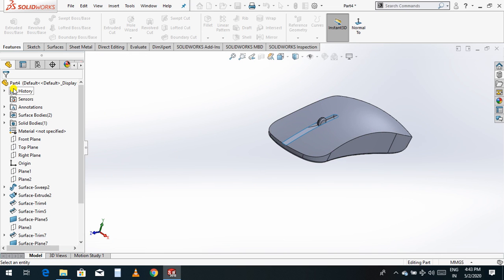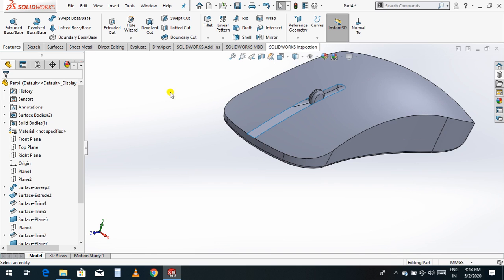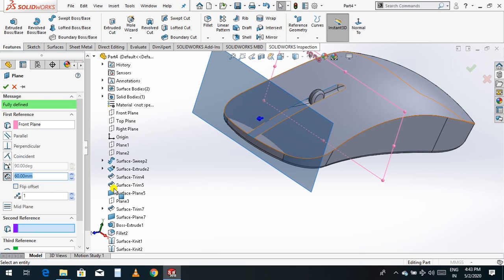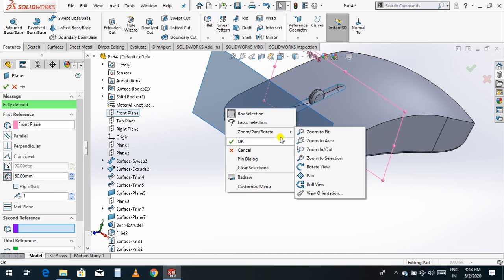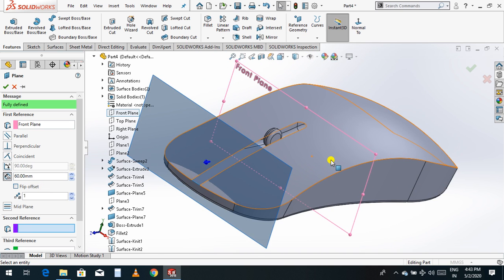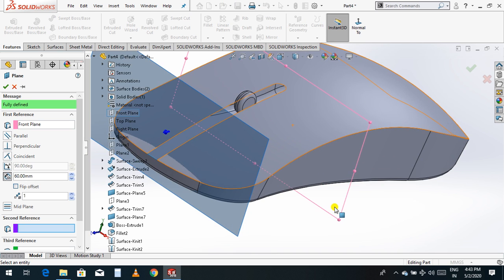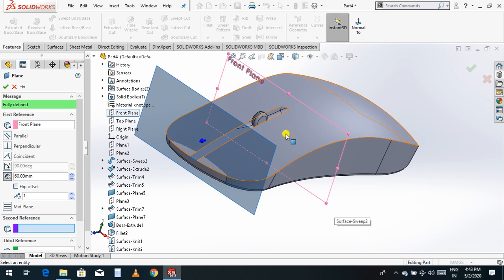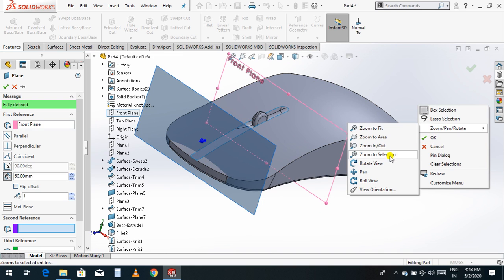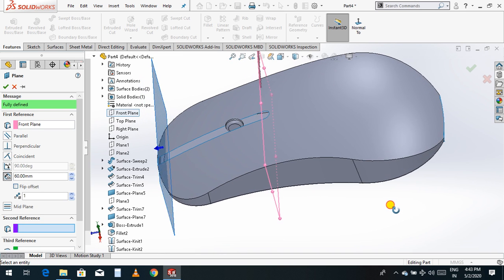Better to use, you take the front plane and go to plane, and now you rotate. Just rotate view.